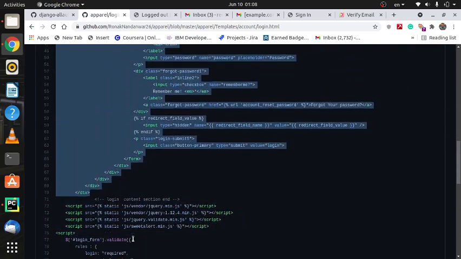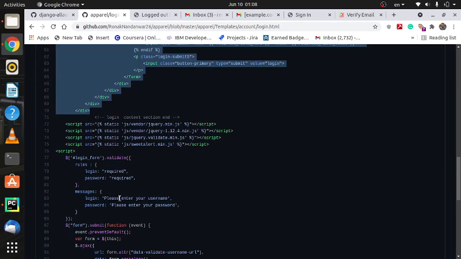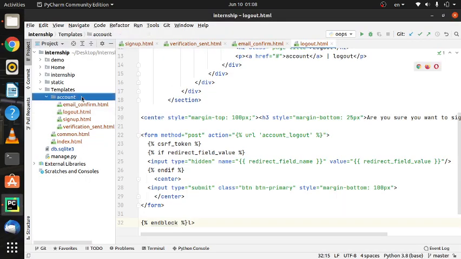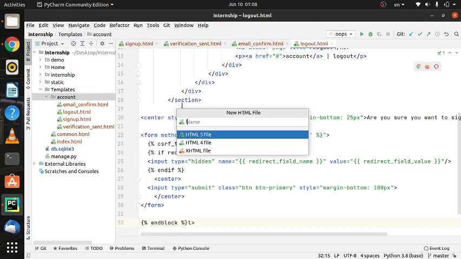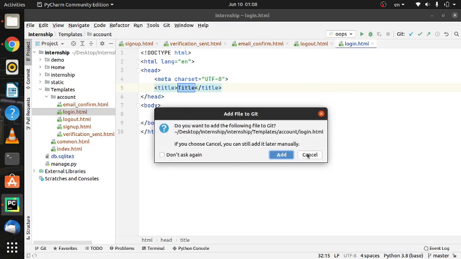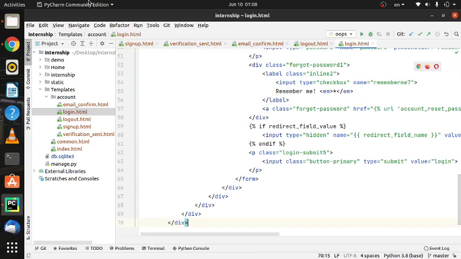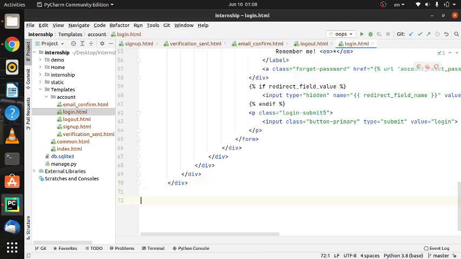You don't need to use this script file. Okay, you don't need to use this script. This is ajax validation. So copy till the 70th line, create one new html file named login.html. So yes, copy and paste it, and you need to add the endblock at the end.